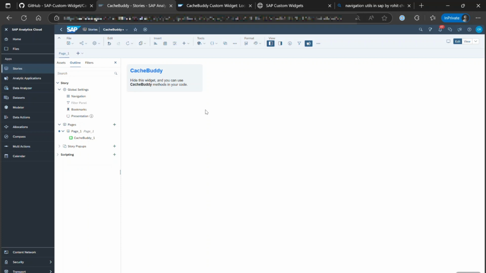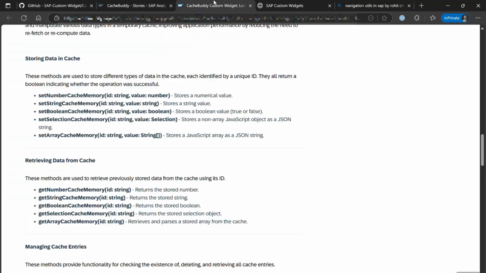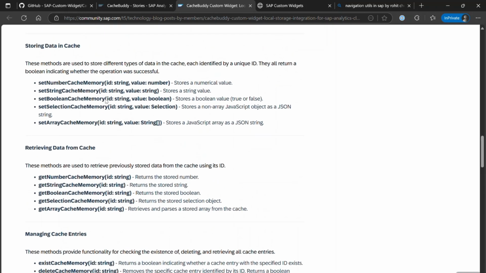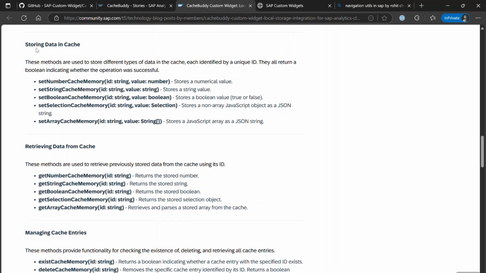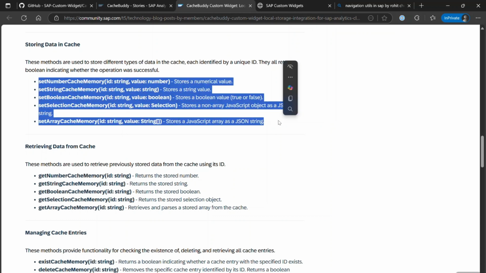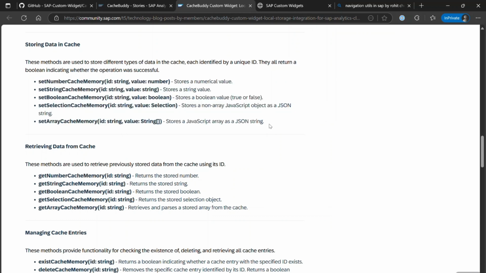Okay, so this is how this custom widget works. Whenever you create any kind of variable, that will get stored in your browser cookies or your browser cache memory. Okay, so let's start with the first function. There are three kinds of functions. One is storing data. So we have five kinds of functions that work differently in their certain options. So first is